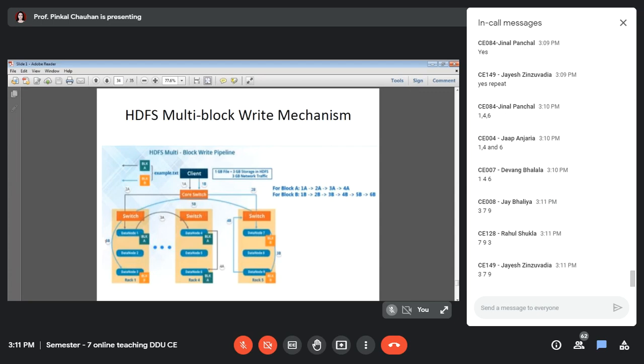So for block B, it is copied at 3, 7, 9, right? Internally, in which sequence is it copied? The sequence shown here is: it is copied at data node 7, then at data node 9, and then at data node 3. So it is copied in this sequence 7, 9, and 3, right?